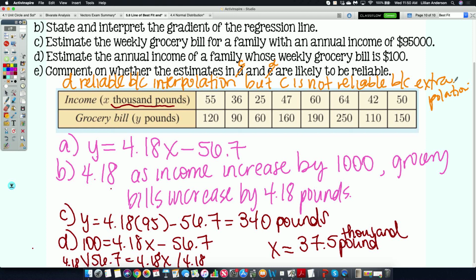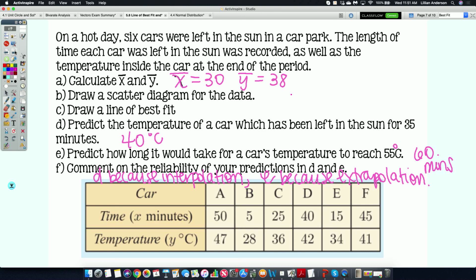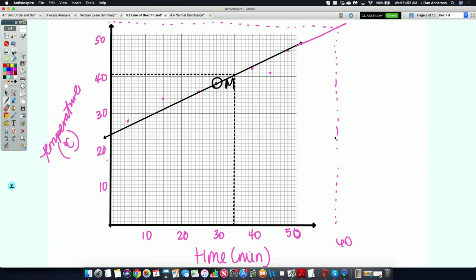So just to recap, when you are trying to find your line of best fit by eye, you find your mean for your X and your Y data, you plot that point on your scatter diagram, and you draw your line of best fit so that it goes through the mean and half your data is above the line, half your data is below the line. Remember,